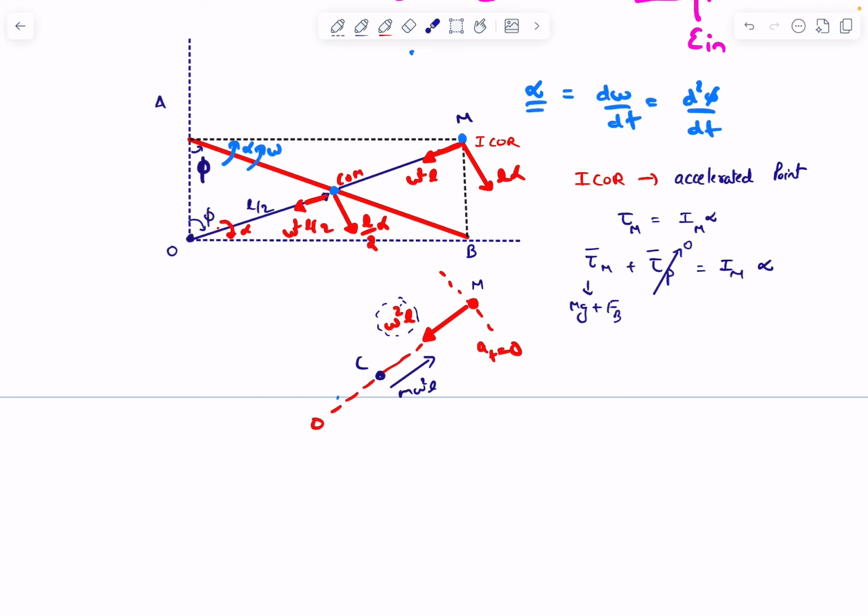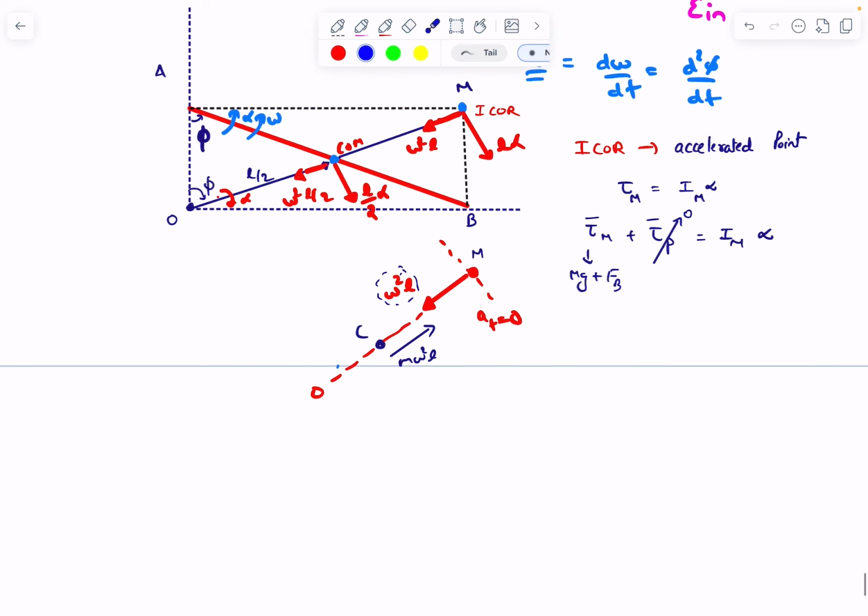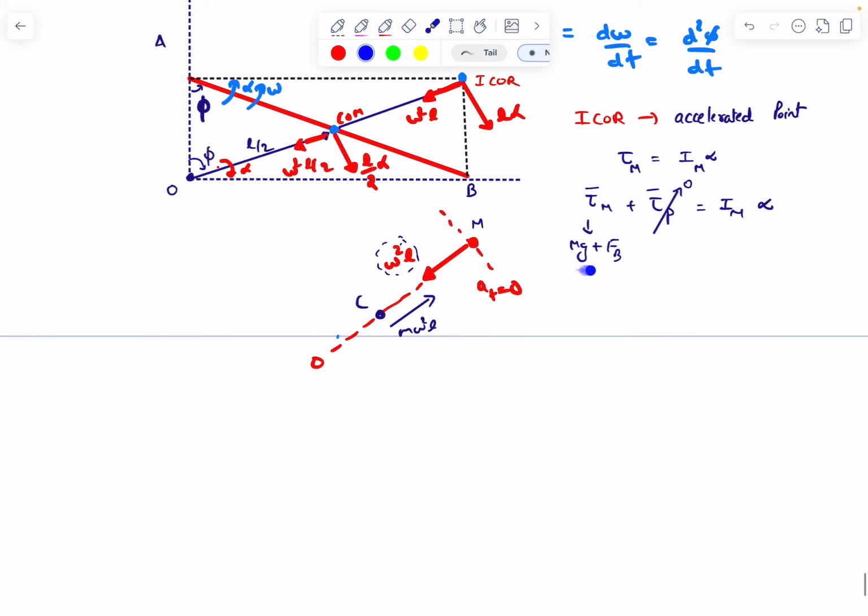Okay, why is writing the ICOR acceleration like this wrong? Okay, so now coming to the mechanics part. I just told you guys you can apply tau equal to I alpha in this situation, because the torque of the pivot (tau p) is 0 in this situation, right? So you can just figure out the torque of gravity and FB about the ICOR and find the moment of